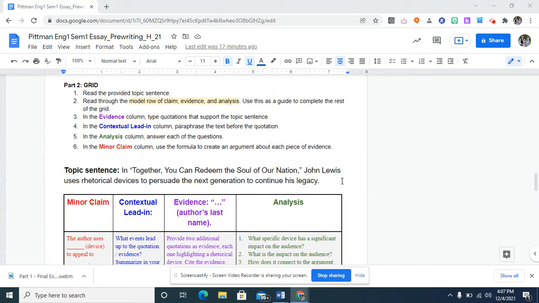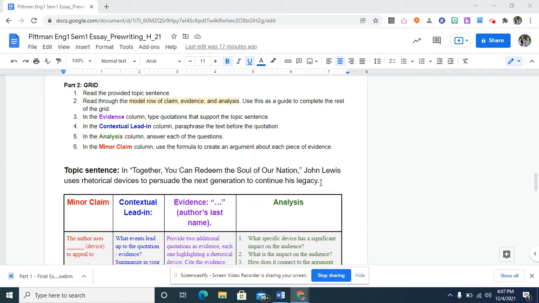So when you see part two, it breaks down each of the pieces of the essay, and I'm going to take you through it. The topic sentence is right here. This is going to be the first sentence in your essay. And your essay is really more, again, of an extended paragraph, an analysis. So you are not including an intro or conclusion for this piece, but you're including three in-depth examples from the